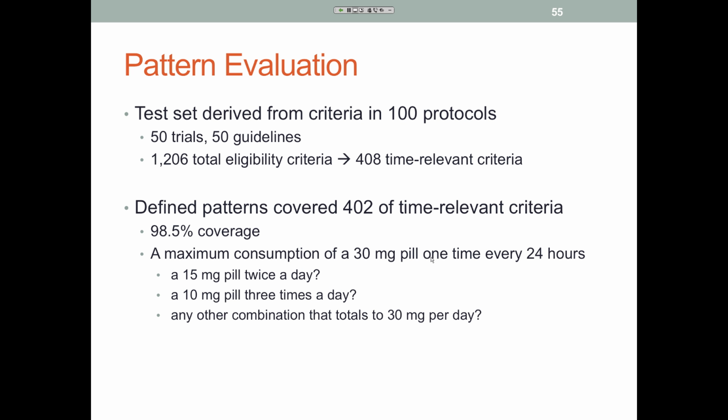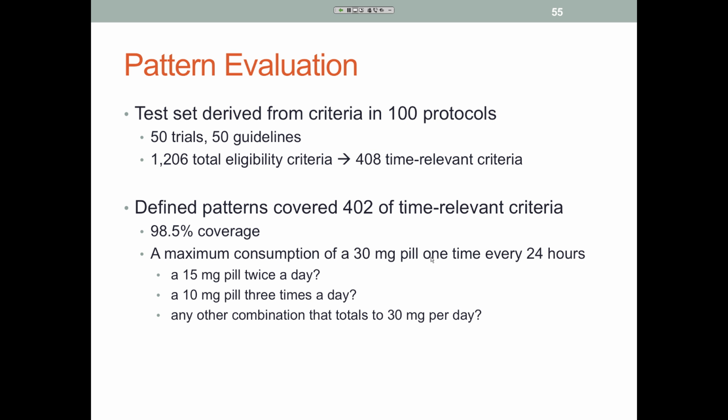We also evaluated our patterns by testing on 100 additional protocols, 50 from trials, 50 from clinical guidelines. From these 100 protocols, there were about 1,200 criteria, and 400 of them are time relevant.